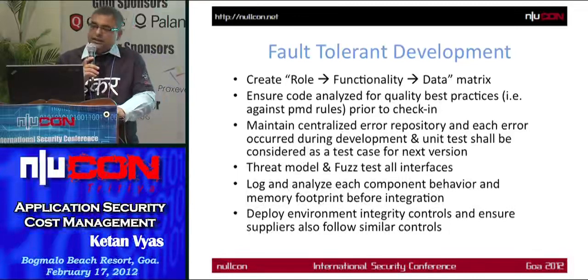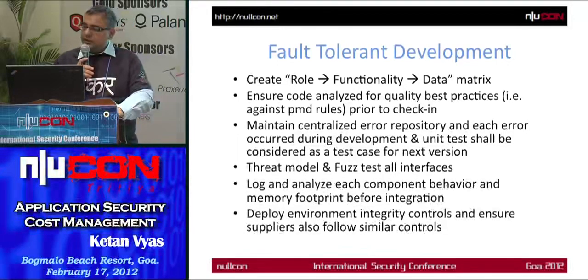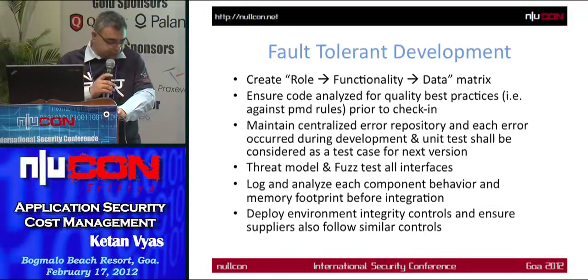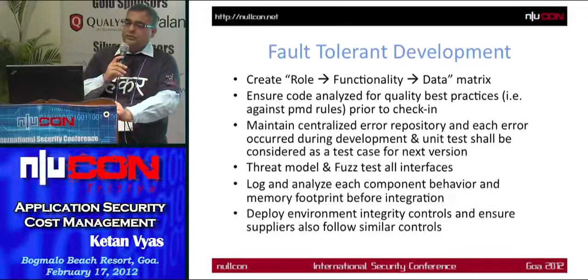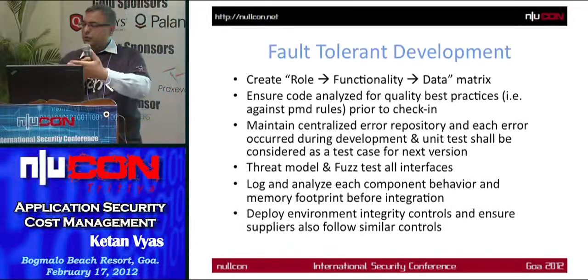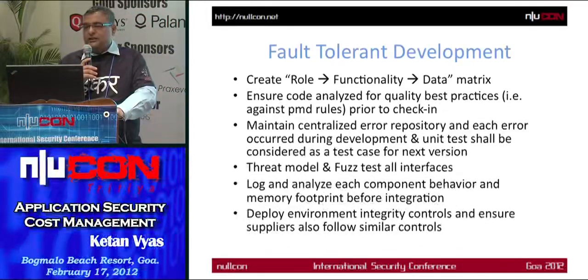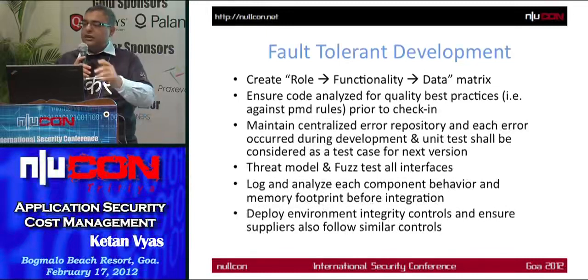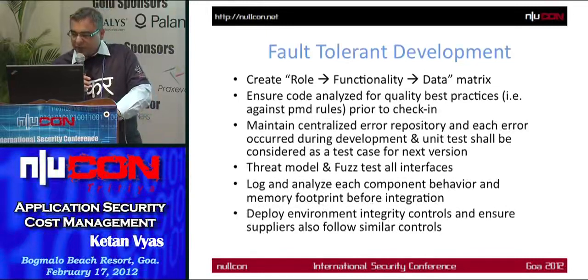Then you use code analyzers. There are a number of analyzers available. I'm not talking about the security code analyzer, but the normal quality code analyzer. If you use it end to end, it will still reduce the vulnerabilities. For example, an empty catch block. If you develop a program, it is there. If you use a normal quality code analyzer, it also finds it. The benefit you get is that information will not be revealed, which could actually lead to an attack. So these are some of the techniques.